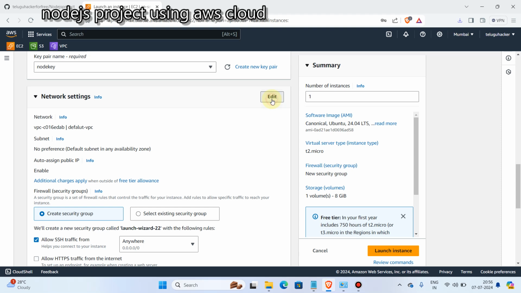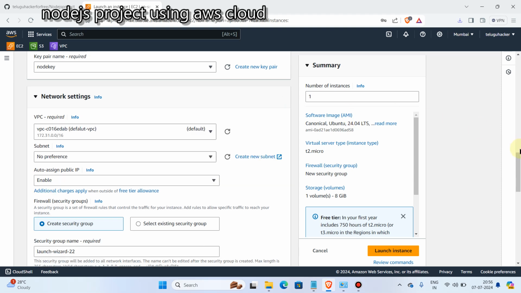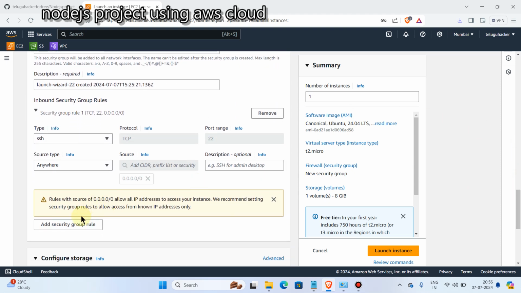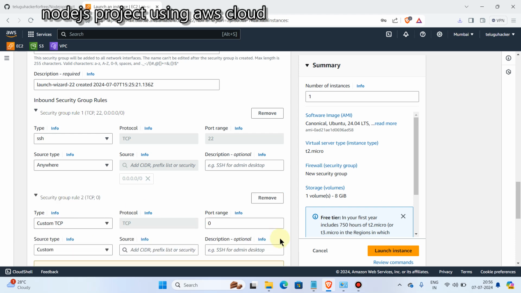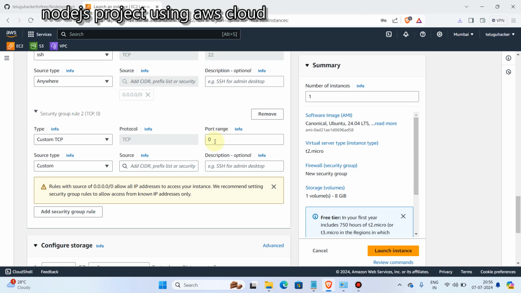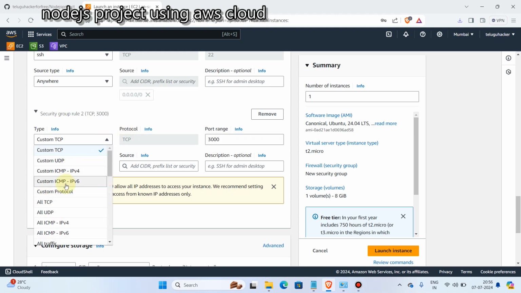Here in the network settings, this Node.js project works on the port number 3000. Works on the 3000. I just enabled SSH and